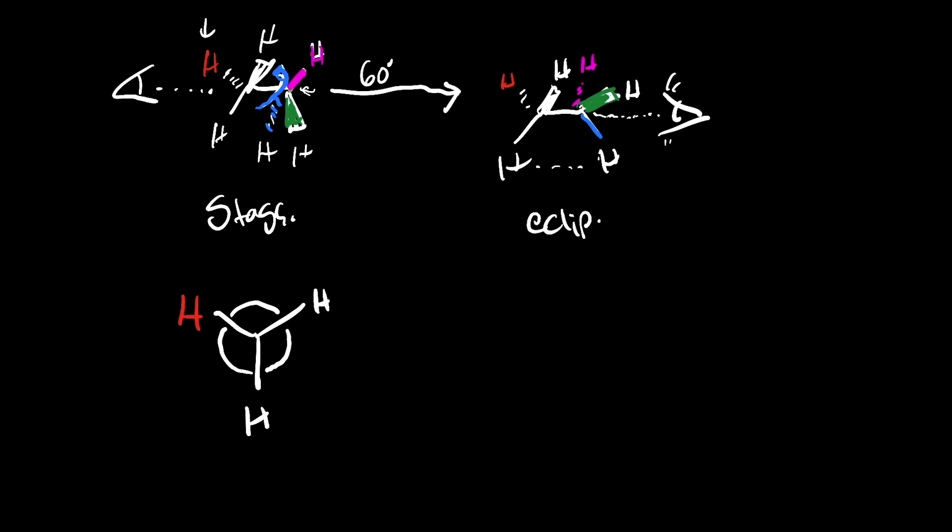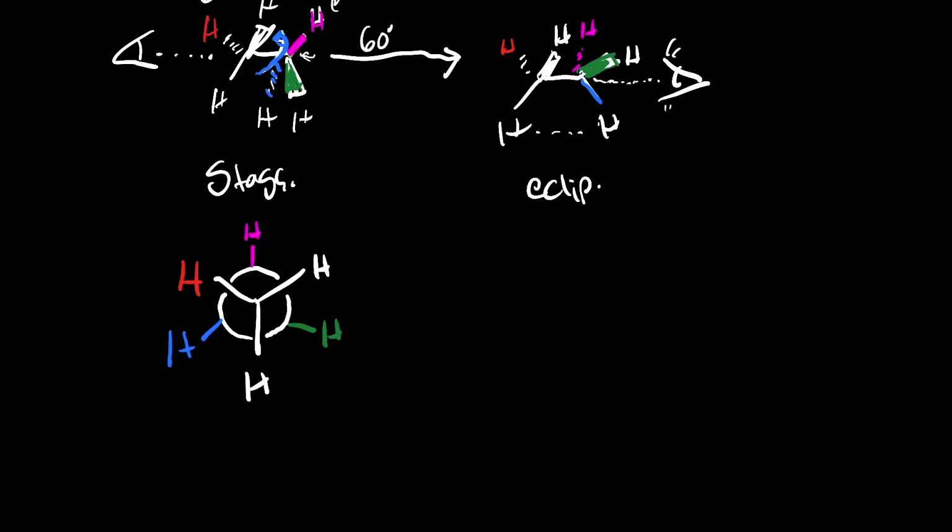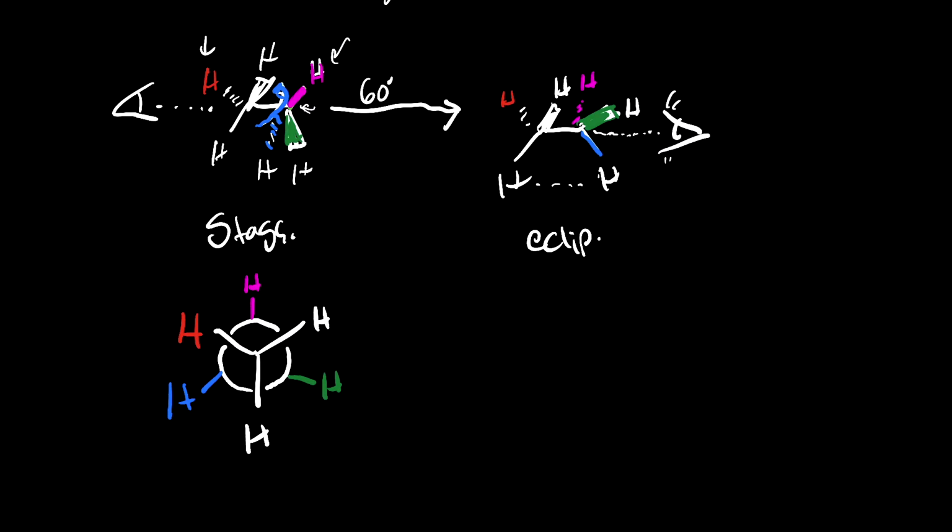And I can keep track of the atoms here by keeping my colors. So if I go with this, I don't know, is that fuchsia, pink? I'm not sure. That goes there. And then this green one goes there. And then this blue one goes there. Okay? Now I can redo my 60-degree rotation